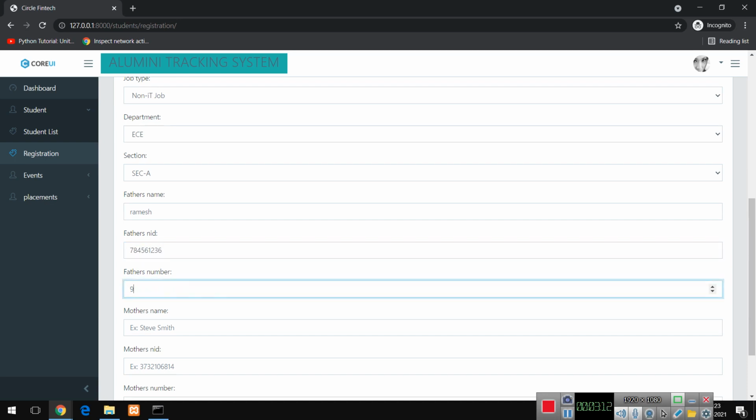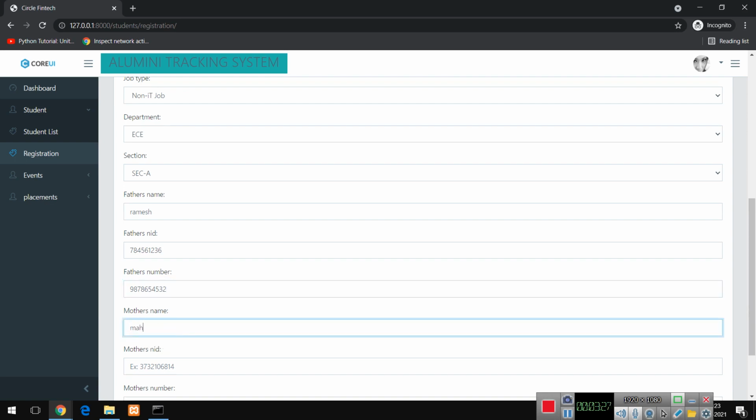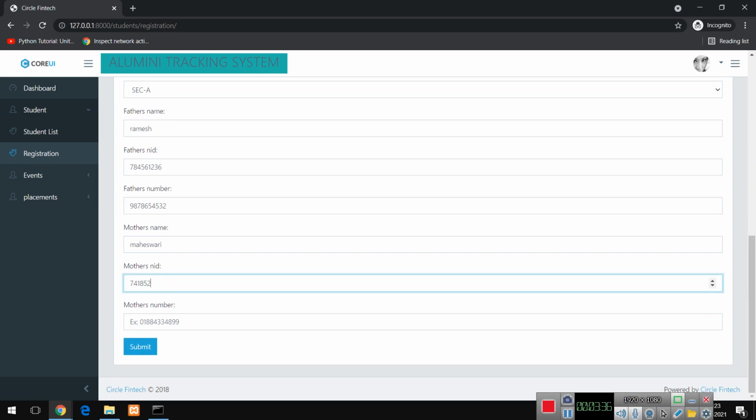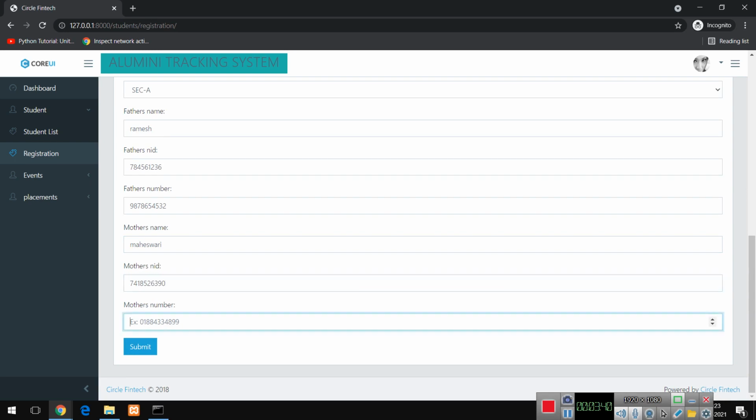Mobile number, mother's name, mother's nationality, mother's mobile number.